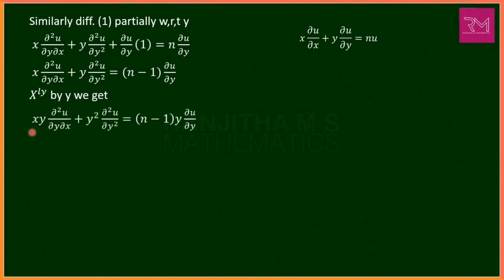We get the value as x into y into ∂²u/∂y∂x plus y into y, that is y squared, into ∂²u/∂y², which is equal to (n minus 1) into y into ∂u/∂y. Call this equation number 3. Next step, adding equation 2 and equation 3, we get the value as